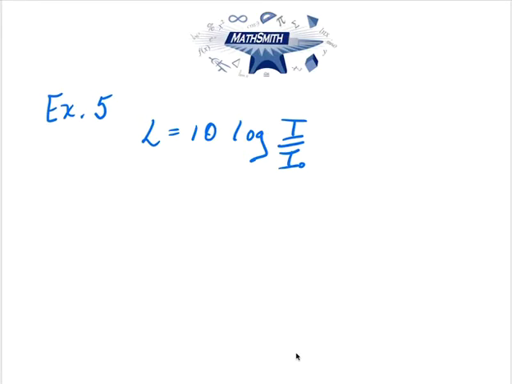Over the last example, example 5, our real life example using the properties of logarithms. So let's read it together on page 495. Example 5. The loudness L of a sound in decibels is related to the intensity I of the sound in